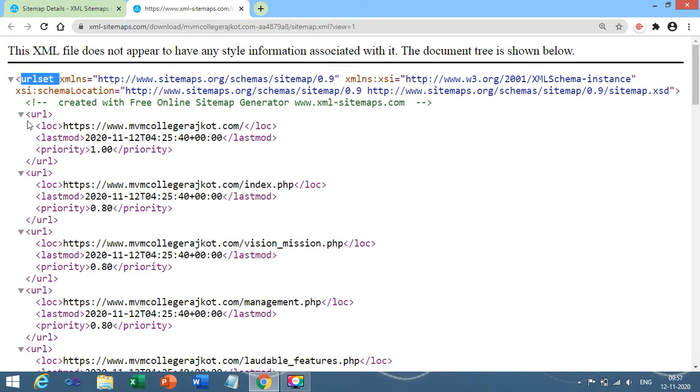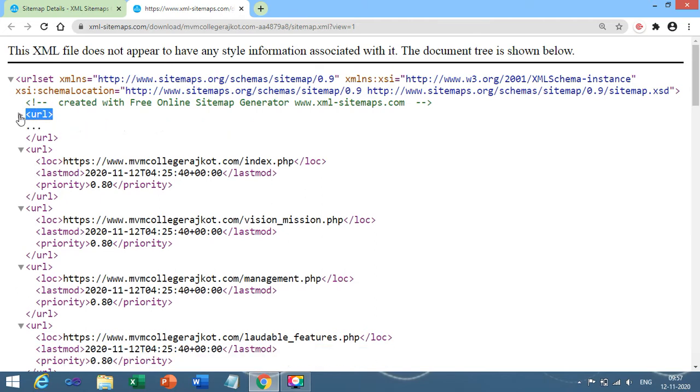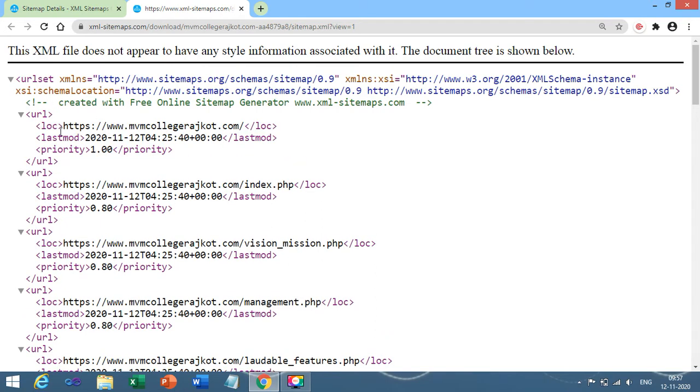Over here is the URL tag; each and every sitemap must contain a URL tag also. URL means the particular website for which you create your sitemap.